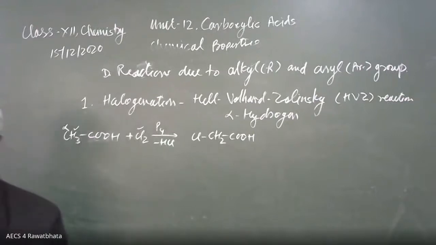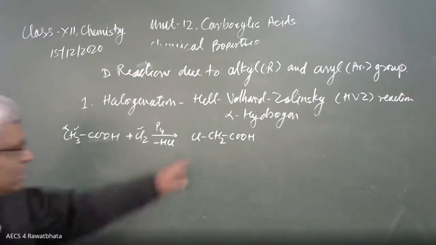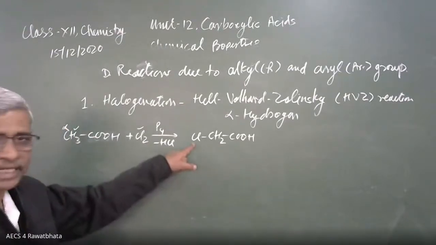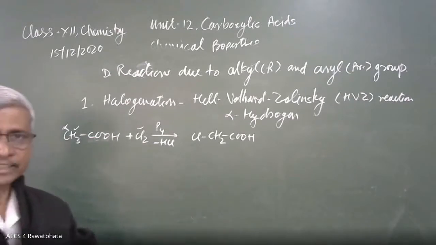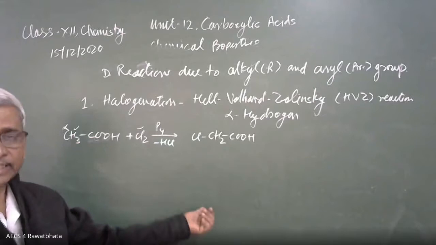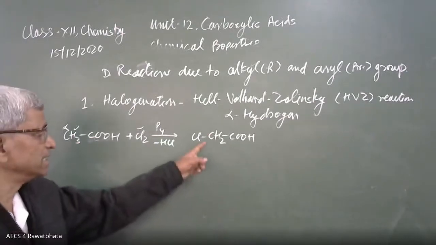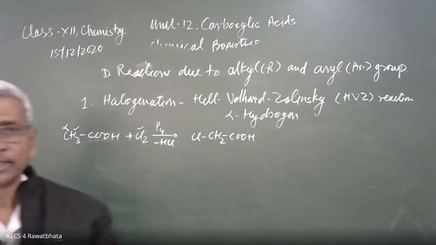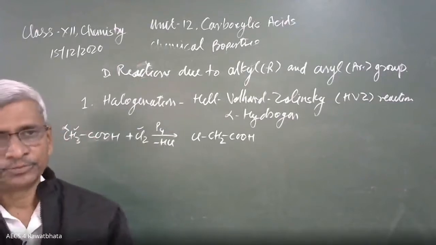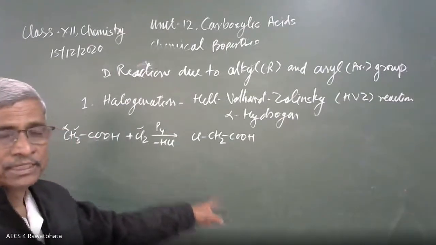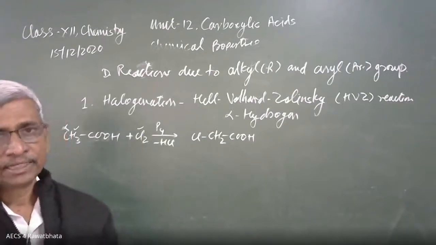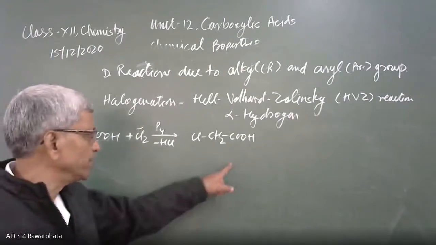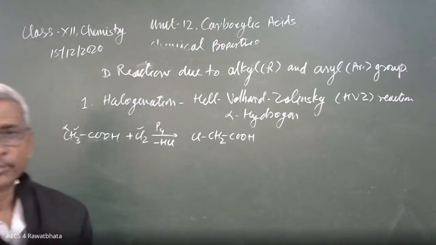Okay. Now, what is the purpose? What is the role of this reaction? This compound can be converted into a variety of other compounds. Like the Cl can be replaced by CN, by KCN. We get NC-CH2COOH, then CN can be converted into an amino group, or CN can be converted into a carboxylic group. If CN is converted into a carboxylic group, that is called malonic acid. This acetic acid can be converted into malonic acid. Malonic acid is COOH-CH2-COOH, a 3 carbon dicarboxylic acid.